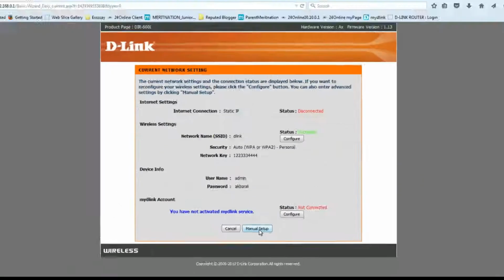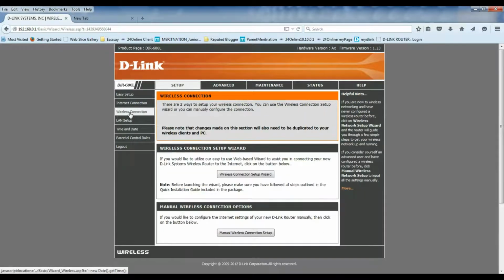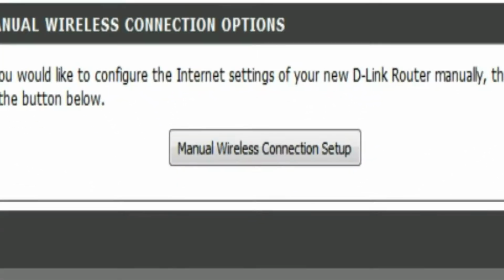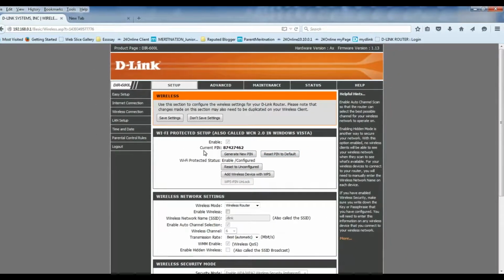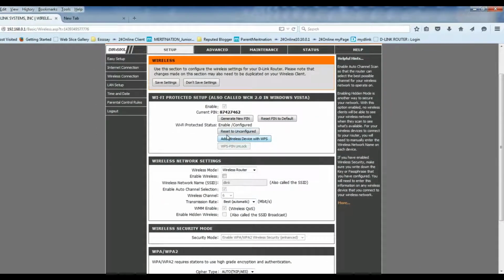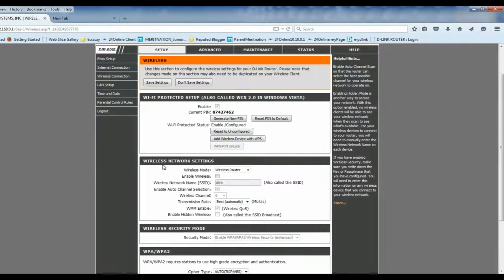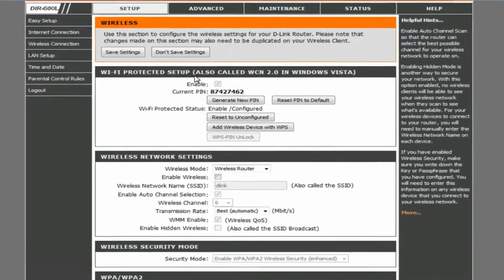We will click on manual setup and we will again click on wireless connection. Okay, click on manual wireless setup. Okay, you will reach here. Watch that I have already deactivated Wi-Fi. The first one is Wi-Fi protected setup.